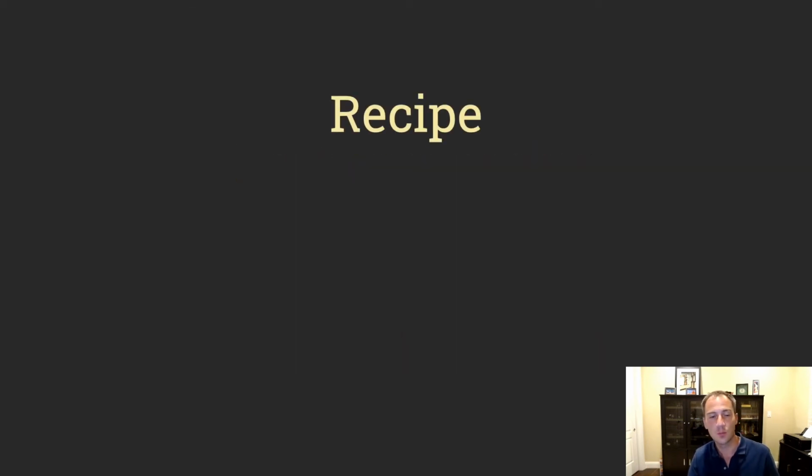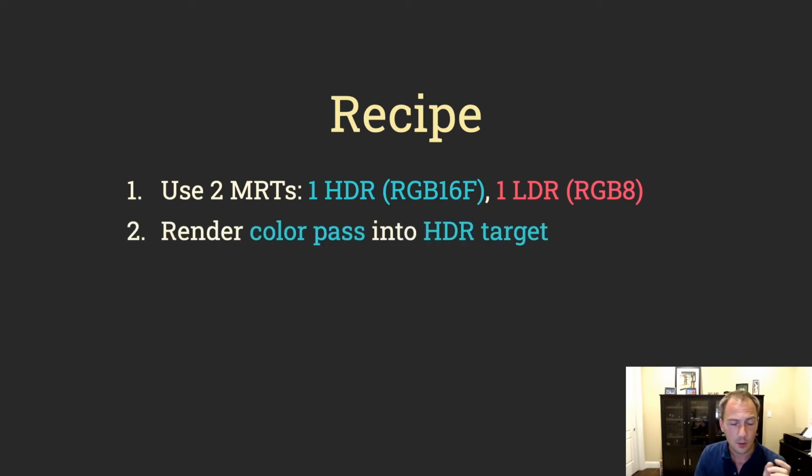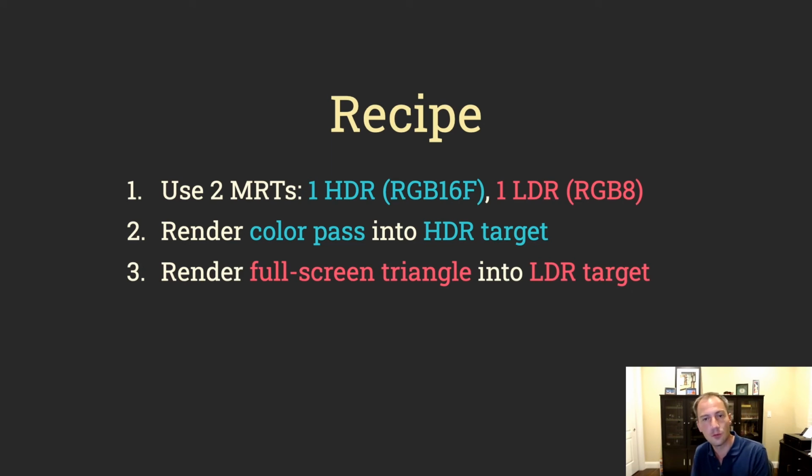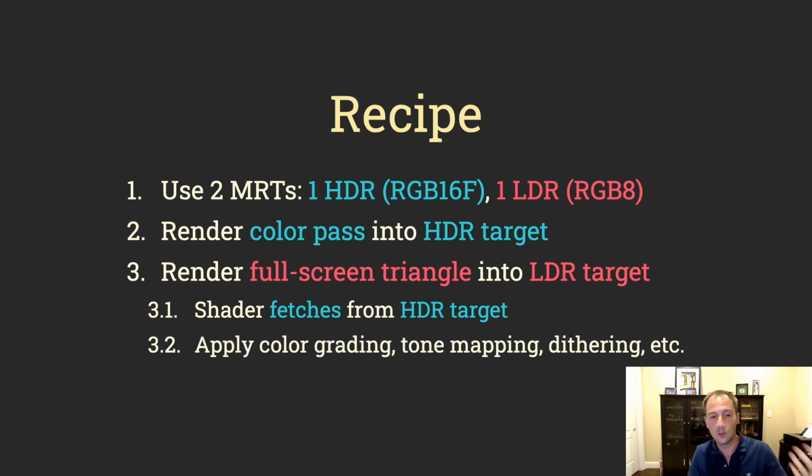So here's how we use it. It's really simple. First, we start with 2 render targets, and they are both bound at the same time. And that's key to staying in the tile. Note that in the render pass, in the color pass, we render into the HDR target, but we never load or write to the RGBA target. That's for post-processing later, but it's there. So then we render a full screen triangle to do our post-processing, and that's going to write out to the LDR target. It's going to first fetch from the HDR target, where we just rendered our color pass. Then it's going to do its work, applying color grading, tone mapping, and so on. And finally, it's going to output to the LDR target.